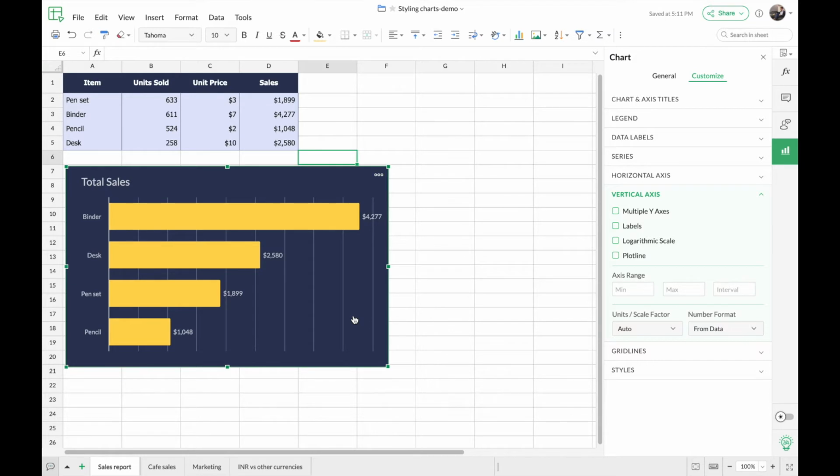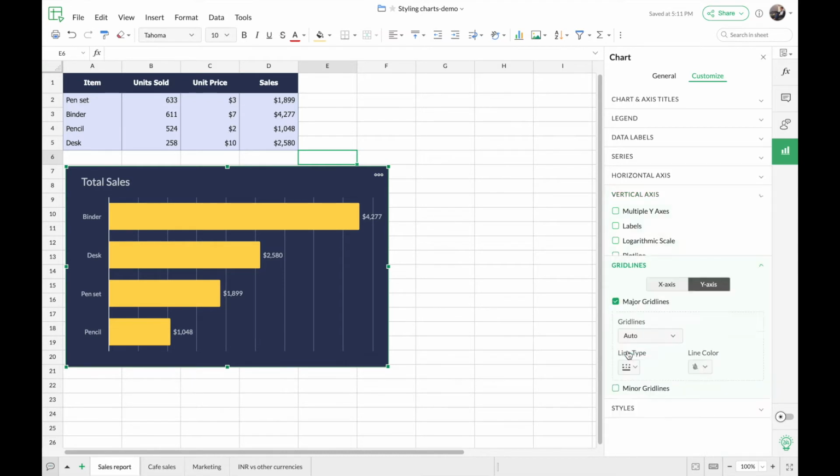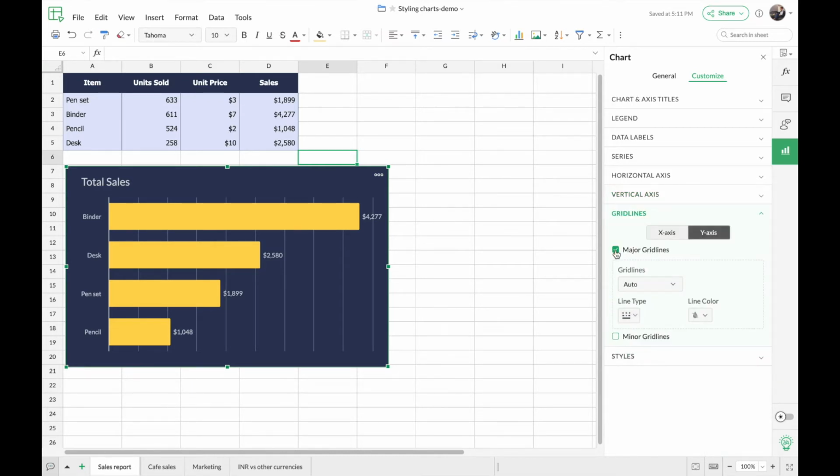And now that we do not have the axis label at the bottom, these grid lines also are not necessary for this particular chart. So I'm going to get rid of those grid lines as well. So here, uncheck the major grid lines. There we go. So now you can see how the chart looks clean, neat, and visually good. This chart as such looks good, neat, and the data bars are prominently shown.